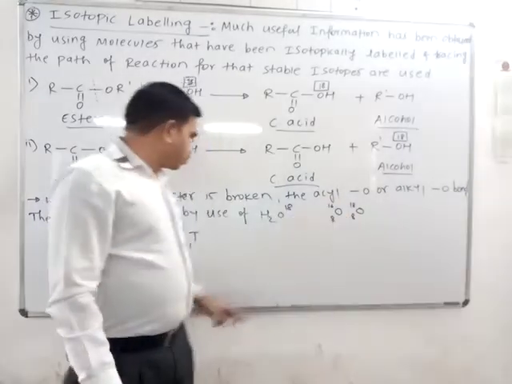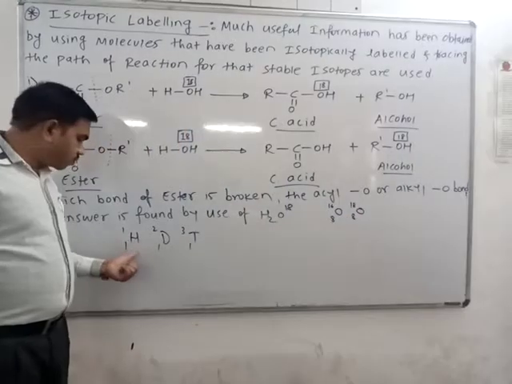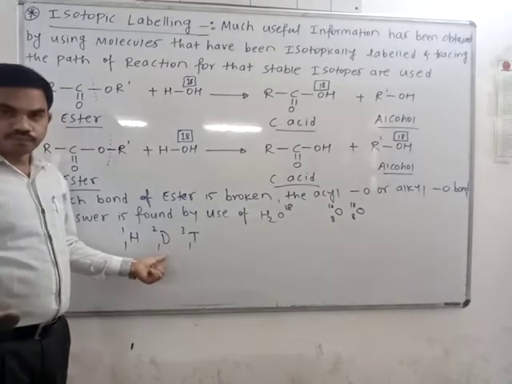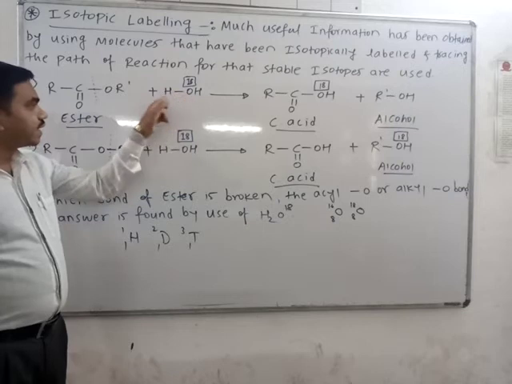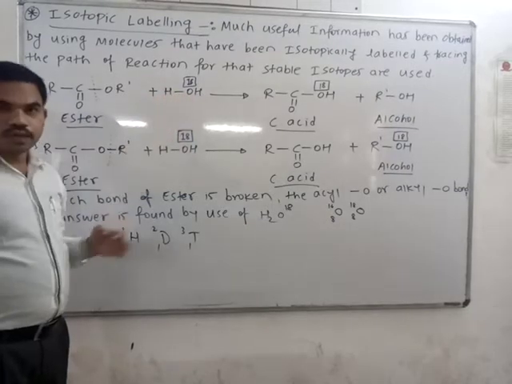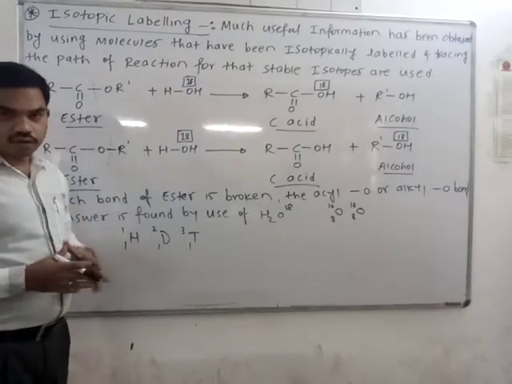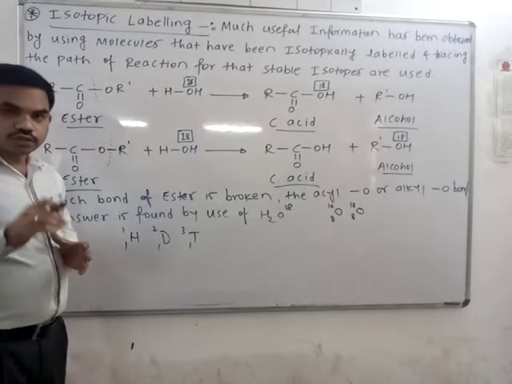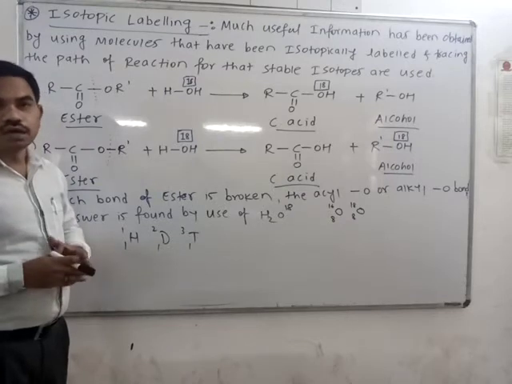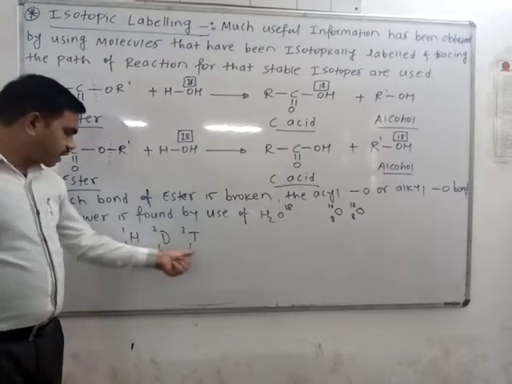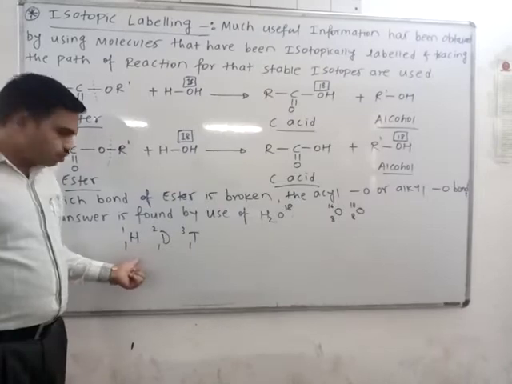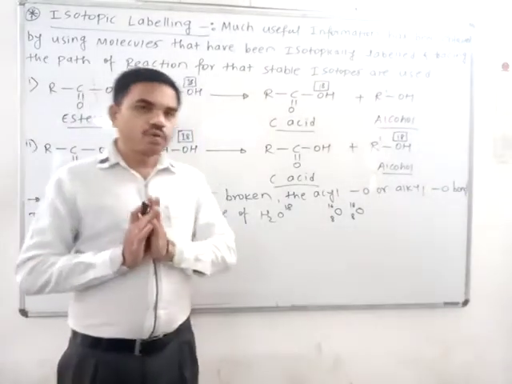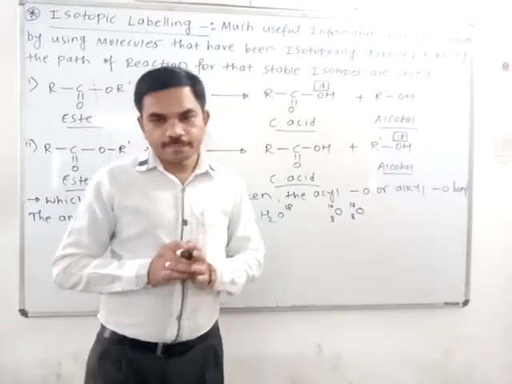Okay. So instead of hydrogen, in some reactions we are using deuterium also. In water we can take D also, DOD. So that is deuterated water, heavy water, for the identification of the reaction path or mechanism of the reaction. So these are the isotopes of hydrogen: protium, deuterium and tritium. Okay, so this is one point, isotopic labeling.